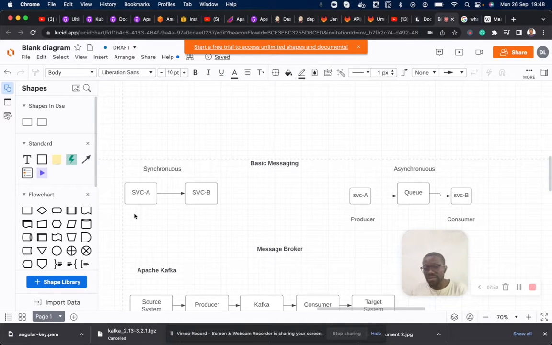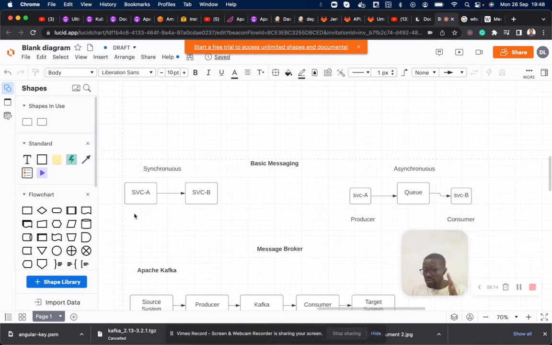But in asynchronous messaging, we have service A, and in between there's a queue, right? And service B, who receives the message. No matter how many messages are sent by service A, the messages cannot overwhelm service B, because they do not get to service B directly.